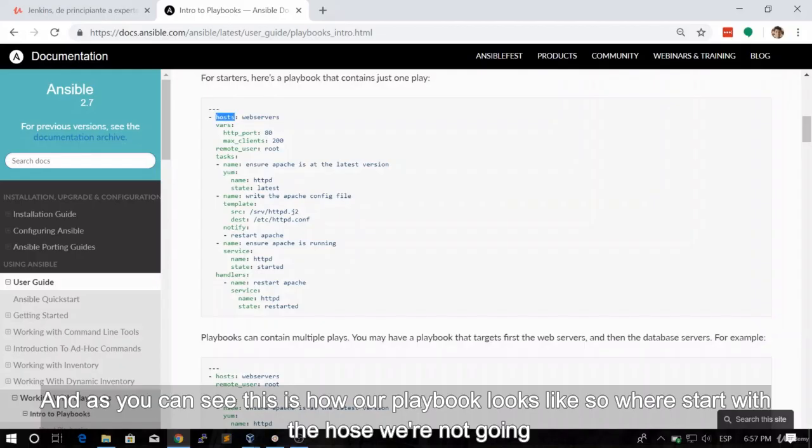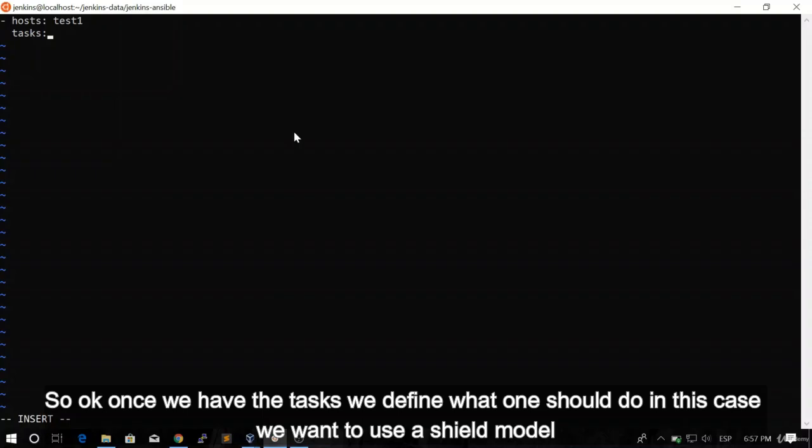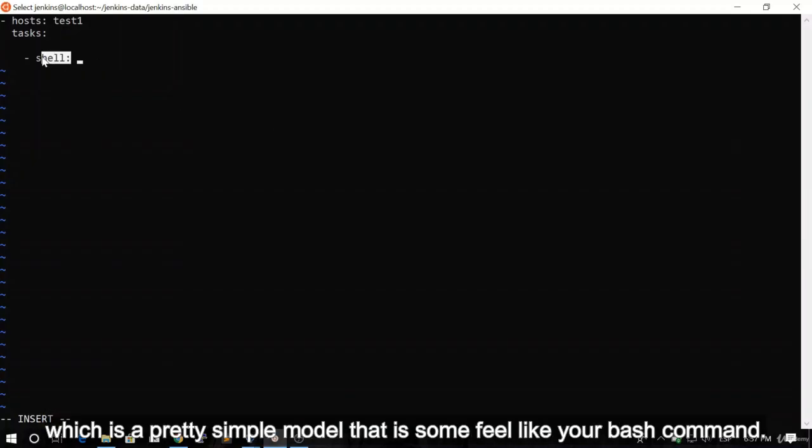So we'll start with the hosts. We're not going to use variables in here, but we're going to be using the tasks. So okay. Once we have the tasks, we define what we want to do. In this case, we want to use the shell module, which is a pretty simple module that is something like your bash